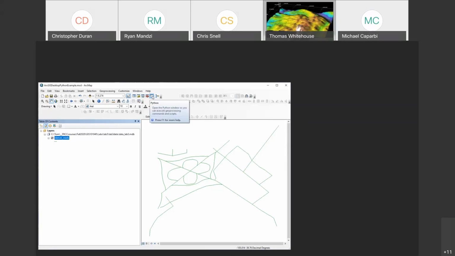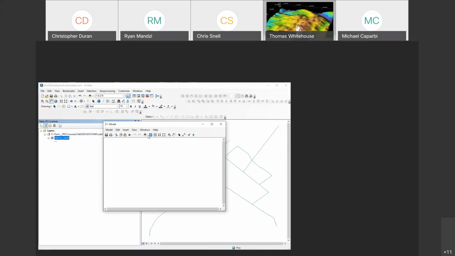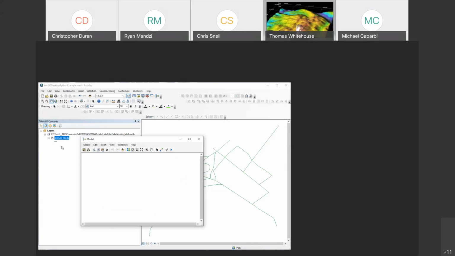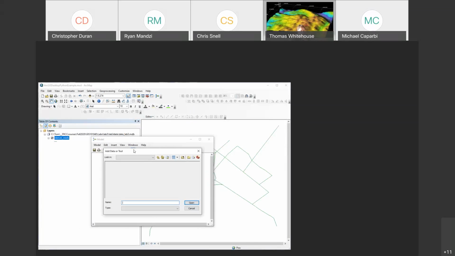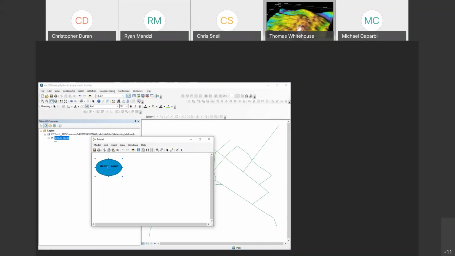So that's how you get to the Python window. This is where you get to Model Builder. It's essentially a CASE tool where you can do all kinds of things. Just the use of this can be a little bit daunting, because it looks like you have to go in and add all these tools and data sets. But if you have it in your original project, like I just dragged this in from,